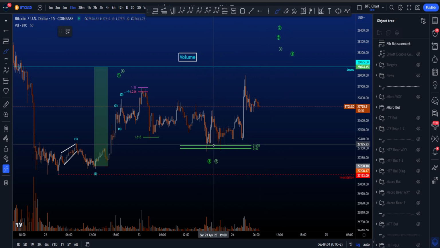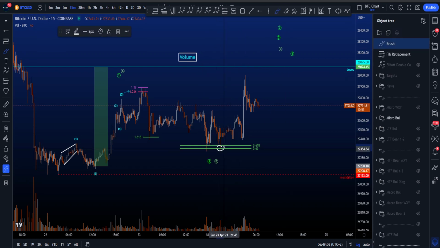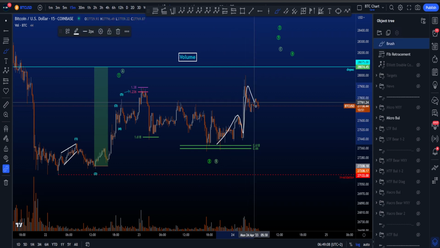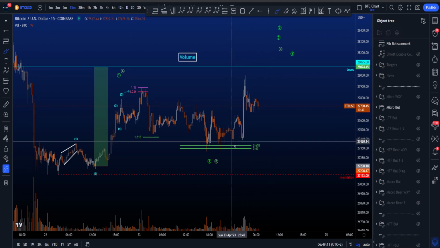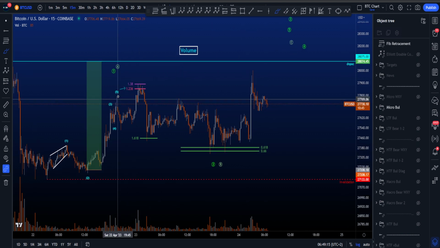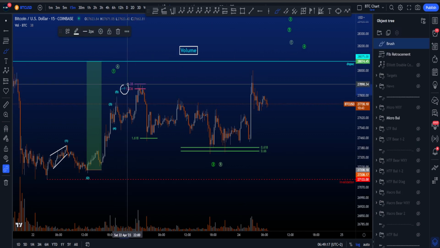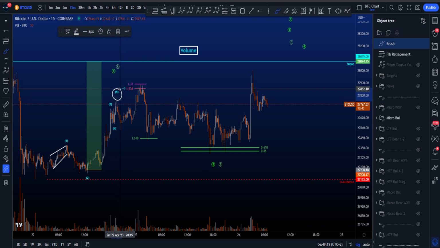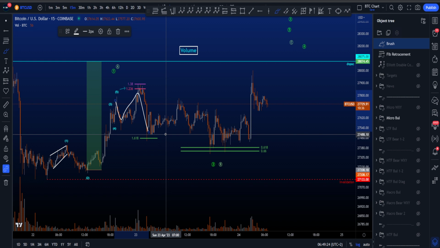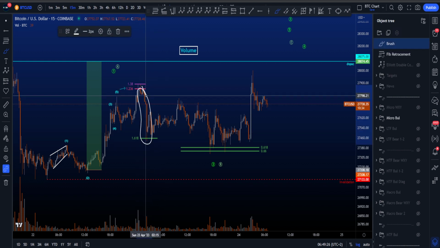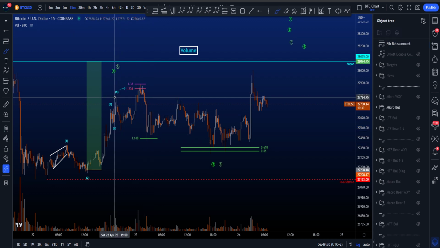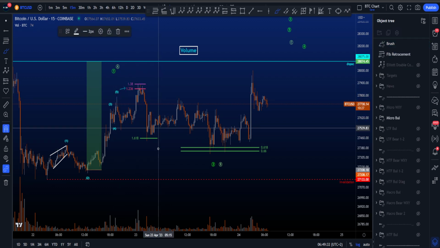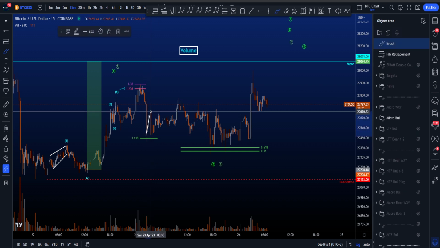Now, one could maybe say, okay, what if the low is over here and we then have a 1, 2, 3, 4, 5? That is still possible, but it becomes quite complex to count the correction. The reason I put wave 5 over here, and you do see an arrow, which I talk about in a second, is that we then have a 3-wave structure in an ABC, which is matching this leg to the downside very nicely, as this is an impulsive structure to the downside. So this is then an ABC, like a 3-3-5 type of move,